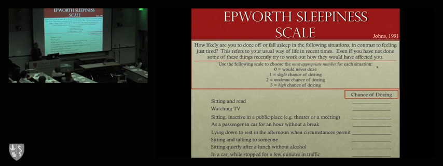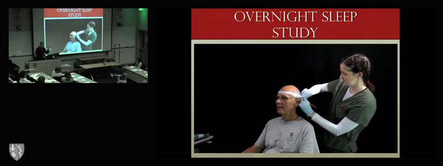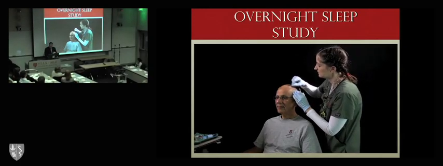So add up the number of points that you had. And in the validations of this scale, a number greater than 10 is deemed excessively sleepy. In some studies, of those 130 published articles, maybe 30% of 40 patients in one study had an Epworth score greater than 10. Another one, 50% of 43 patients had an Epworth scale greater than 10. So that's one part of it, right? The Epworth Sleepiness Scale. But we clearly haven't developed the right scale, and there are some other options too that I didn't cover.